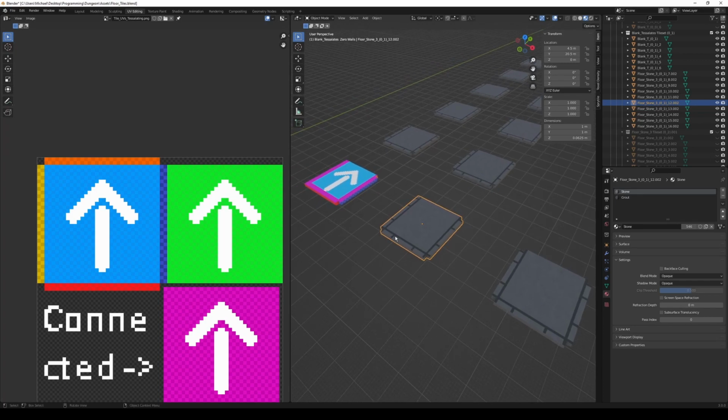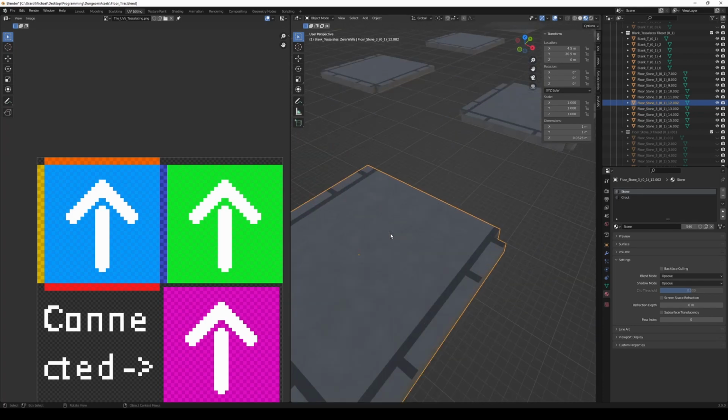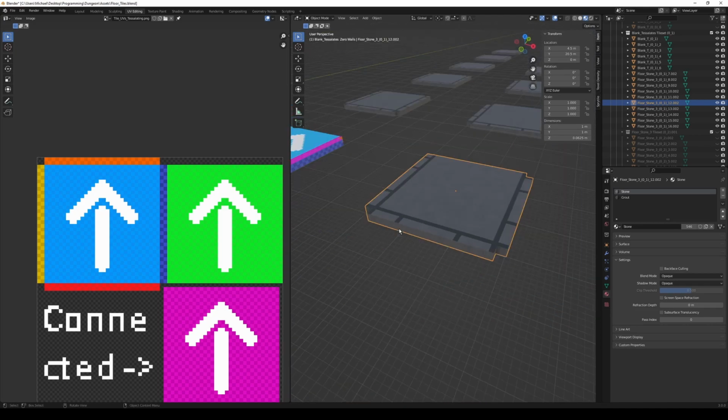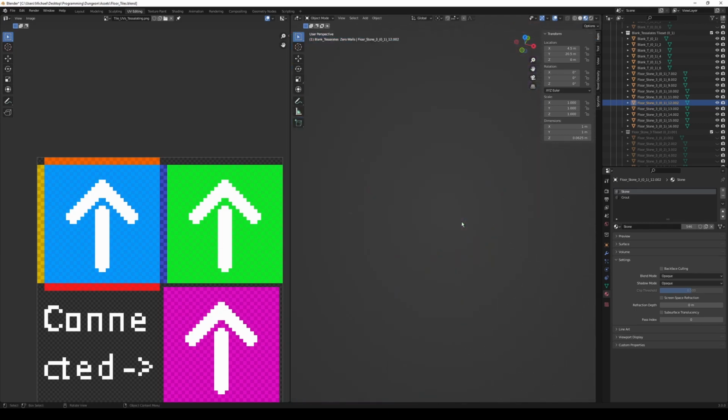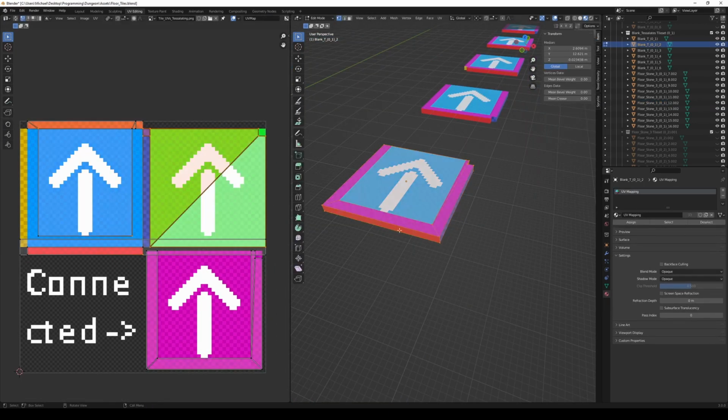Now, I guess that technically would have worked, because when I started unwrapping these, I was using three materials: one for the border, one for this grouting, and then one for the center. So I guess technically that would still work. But what I've been doing now is I'm starting to go through all of these, and